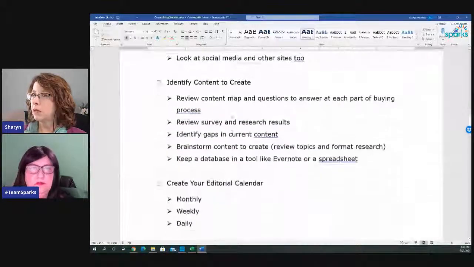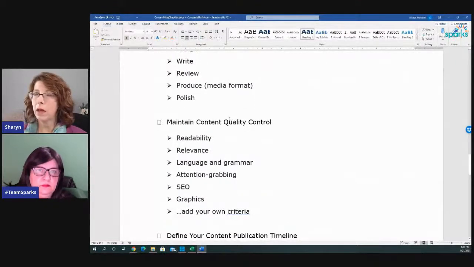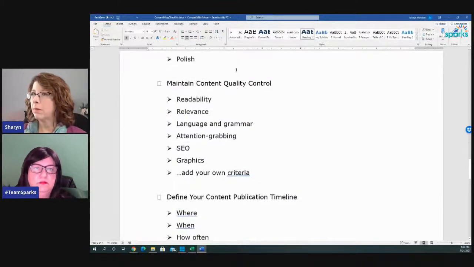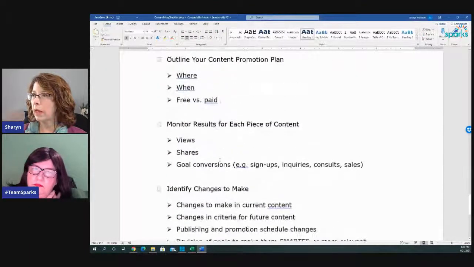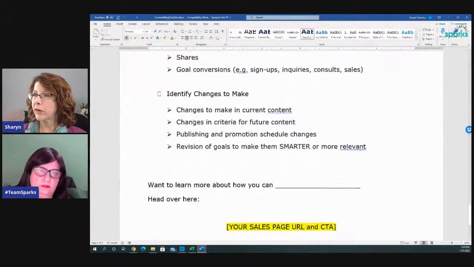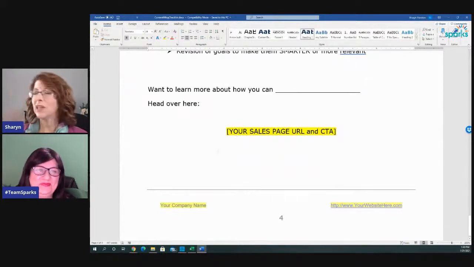Identify topics. So these are all the key things you want to do to implement a good, effective content marketing plan: maintaining quality control, defining your timeline, your promotion, monitoring results, identifying changes. Oh yeah, and of course you have to put your call to action at the end, because if you're using